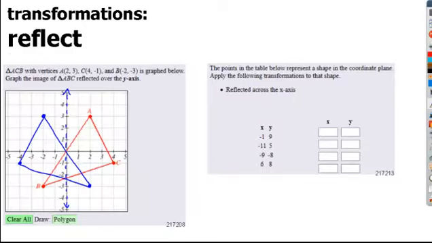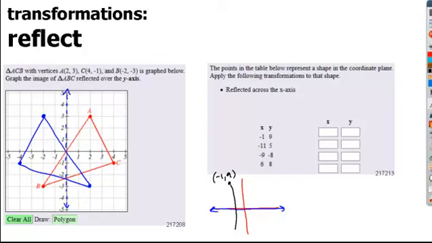Where it's asking you to reflect across the x-axis, again, you don't have to memorize the rules. You should be able to recreate it just one time and see what the rule states. So here's my x-axis. So I'm going to reflect across here. So if I take my first set of points, negative 1, 9,